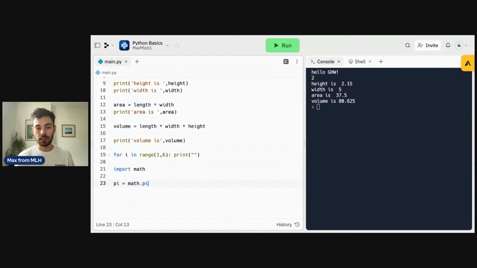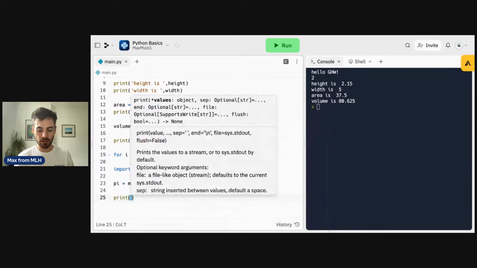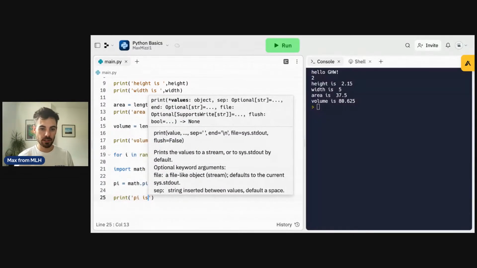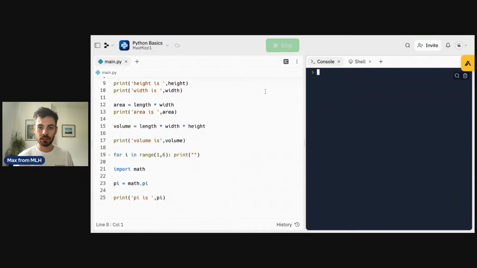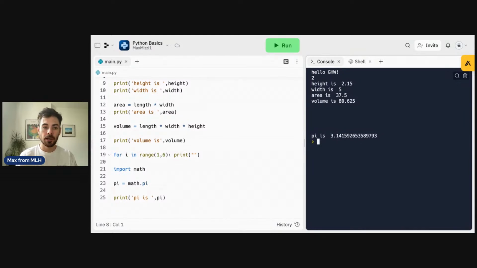So math.pi goes into that library and pulls out the constant pi. And we can then print that, and we can say pi is pi. See if that works, and see if we get our nice line spaces between those as well. Awesome. We know what pi is. I think floats in Python are 15